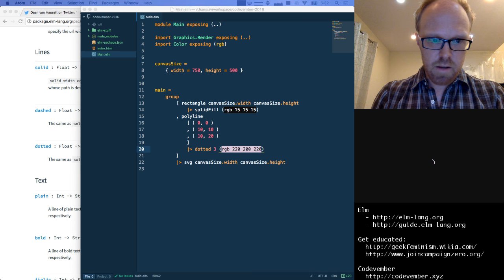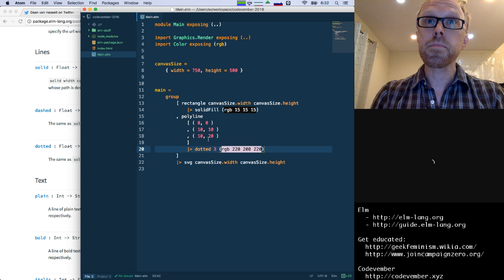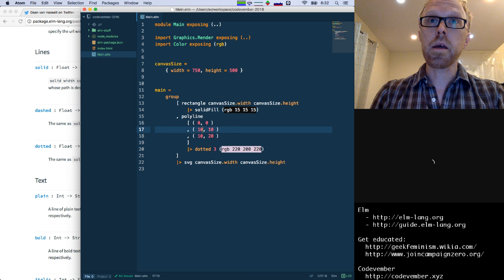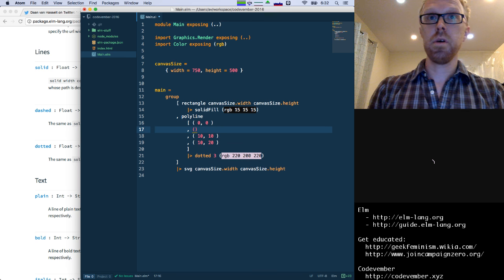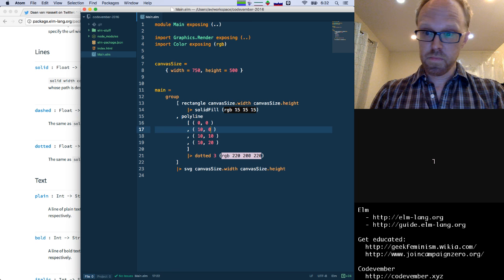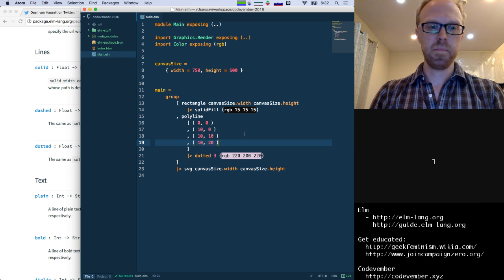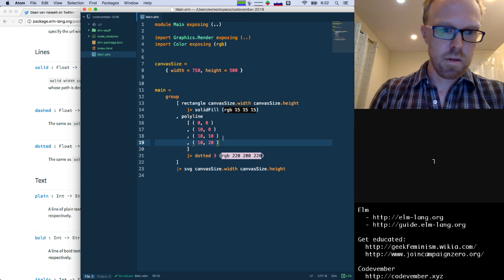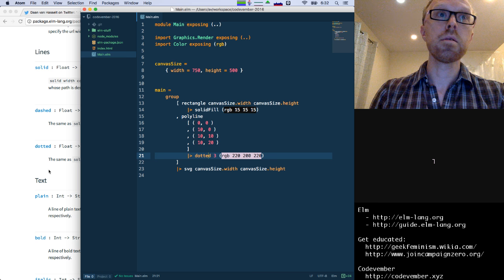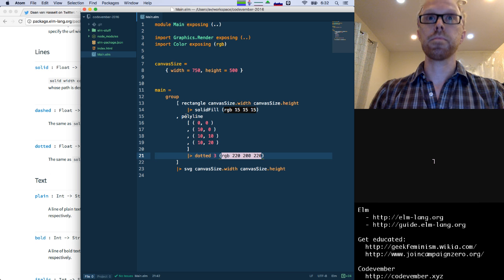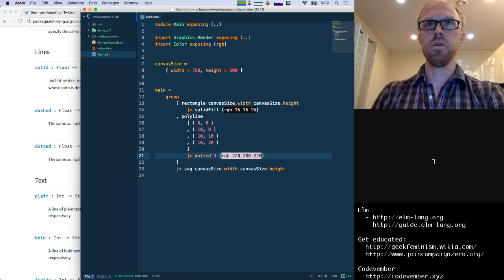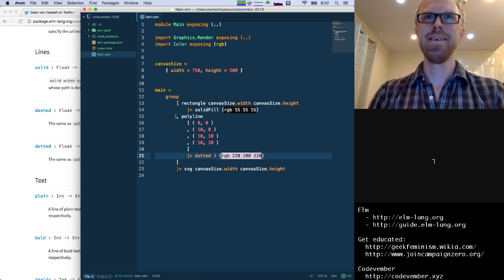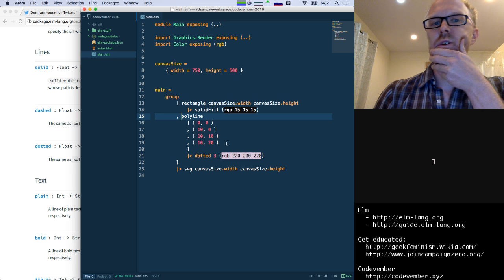All right, so we've got a little line segment here. And actually, I want this to move straight on the grid. There we go. Okay, so we're able to draw one line. So let's see. Let's go about